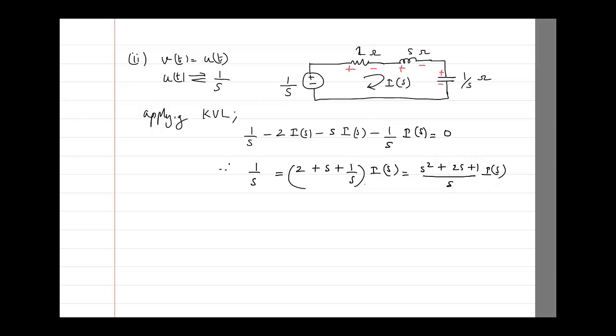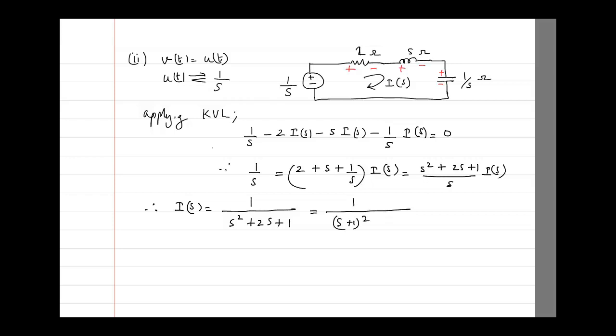So, therefore, from this equation I will get I of s is equal to, s and s will cancel off, so I will get 1 divided by s square plus 2s plus 1, which I can write in partial fraction. For doing partial fraction, again I will get this as s plus 1